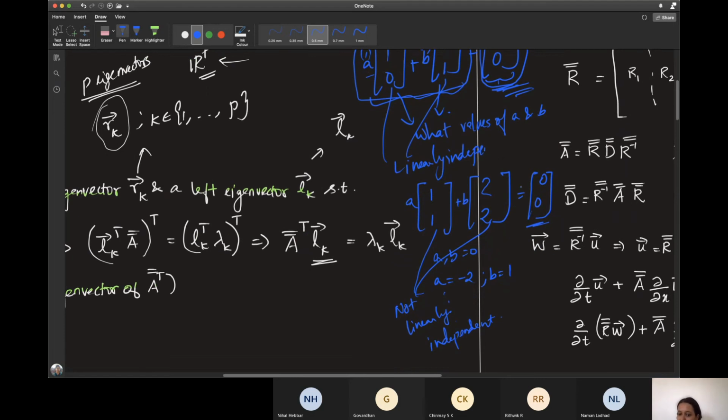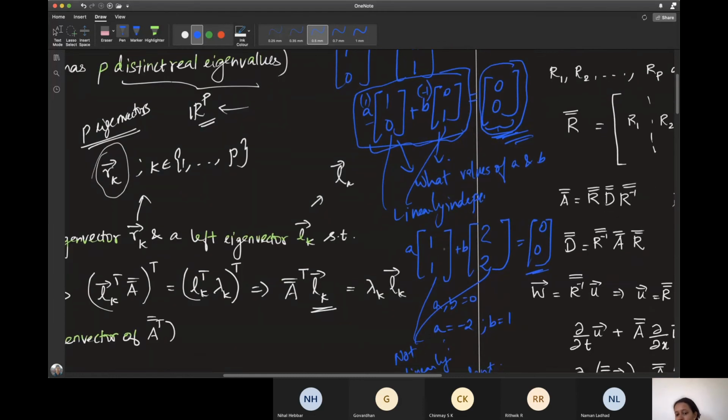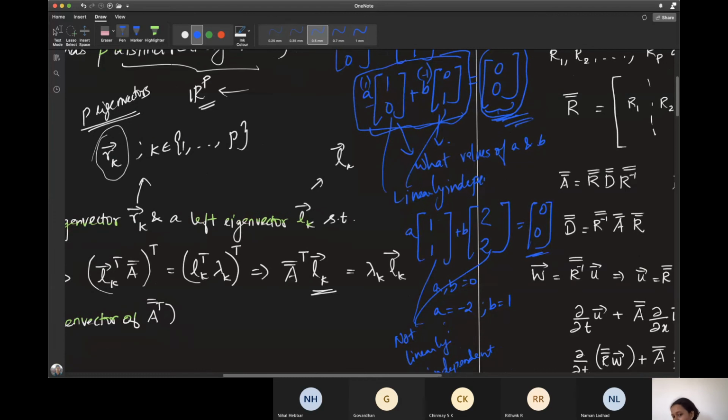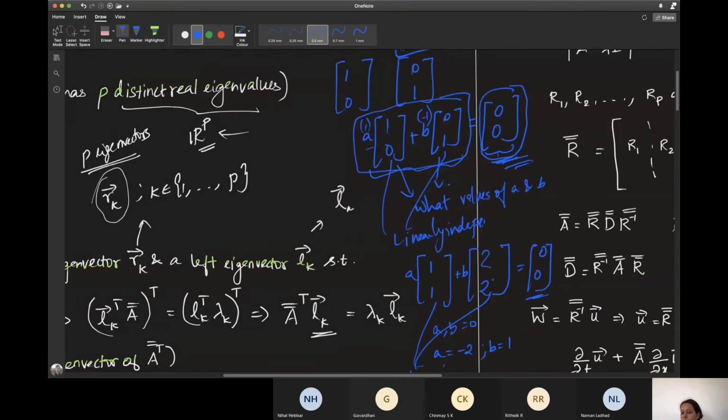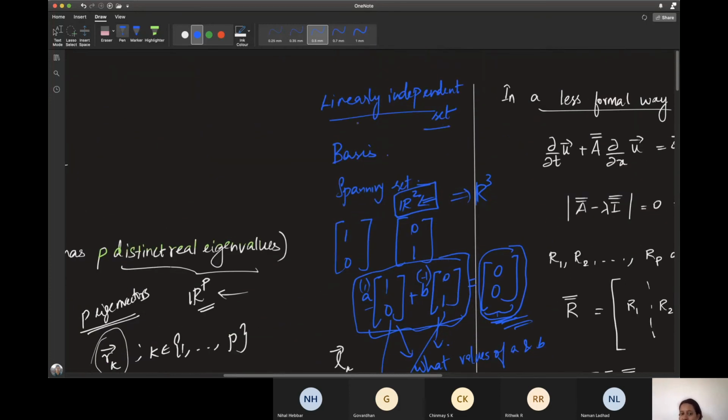This is what you say, and it's not just two vectors. You can have many vectors. Instead of just R2, you can go to any dimension, R3 or R4, anything. So you'll have many coefficients A, B, C, D, etc. All of them should be equal to 0, and that should be the only possibility for you to get the zero vector. In that case, you say that all four vectors are linearly independent. Otherwise, your vectors are linearly dependent. That is what a linearly independent set is: you take a few vectors and put them in a set, and when those vectors are linearly independent, you call that set a linearly independent set.